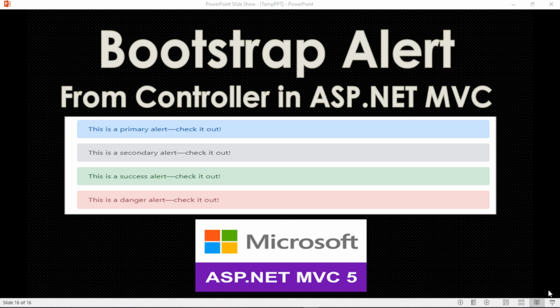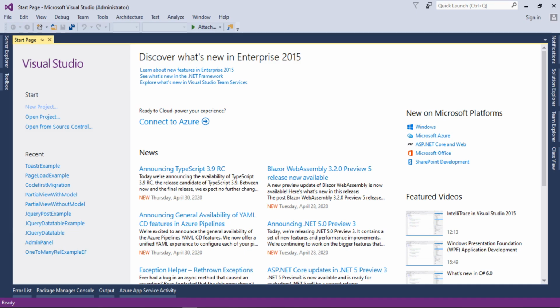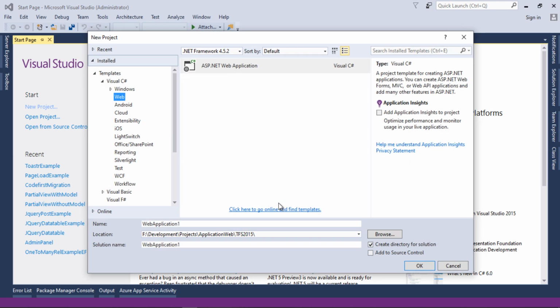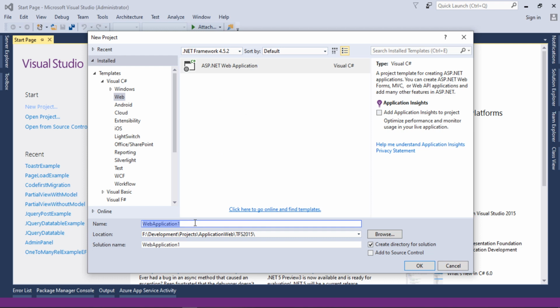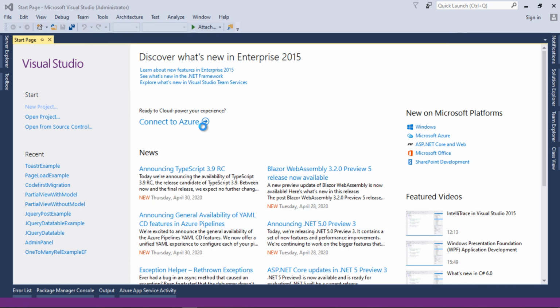So let's get started. I will go back to Visual Studio. Guys, I am using Visual Studio 2015. You can use any version. I will create a new project. Here I will select ASP.NET Web Application and name it Bootstrap Notification Example, and I will click on OK.